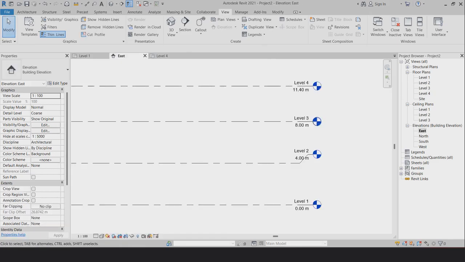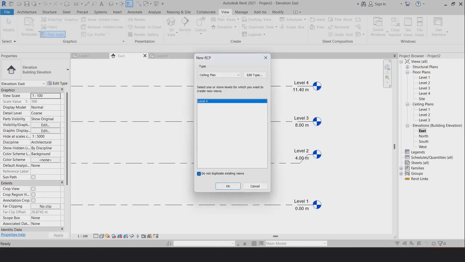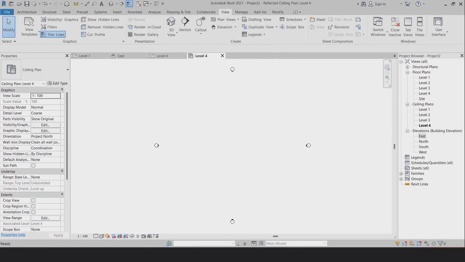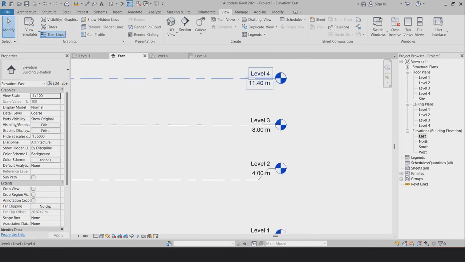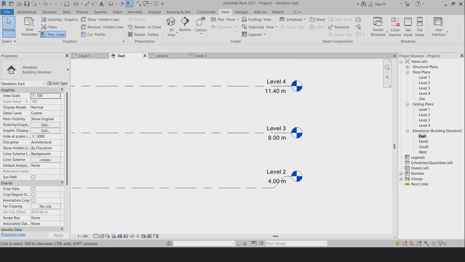But it came here, but you cannot find this one in the electrical, sorry, ceiling plan. So where can you get it? Again, you have to go to the floor plan views and choose the reflected ceiling plan, and you can press OK. So it came to the ceiling plan. So now you can go here in the elevation. Now you can understand. In case you receive any levels in the Revit architecture, you can find out how